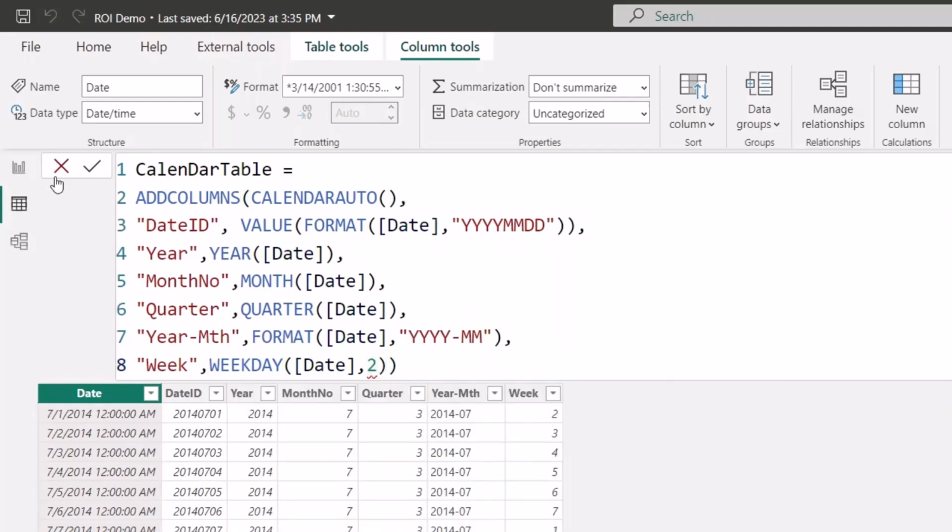Right now, you can see that my calendar table has generated date, it has generated date ID, year, month, quarter, year month, week, and I can keep adding some